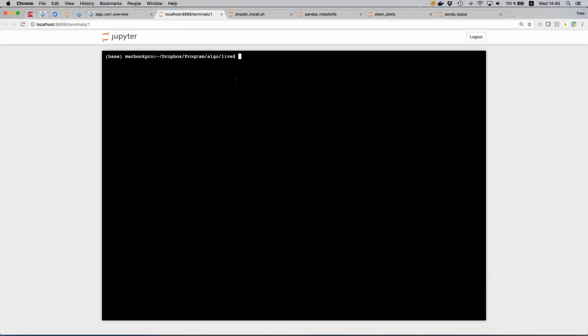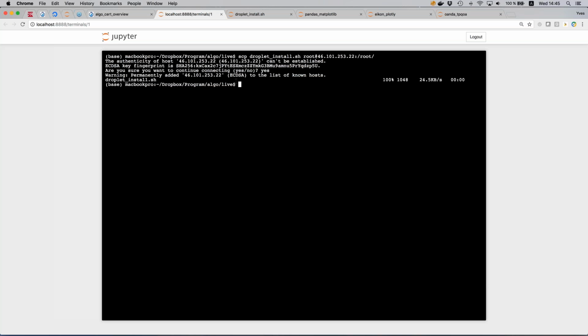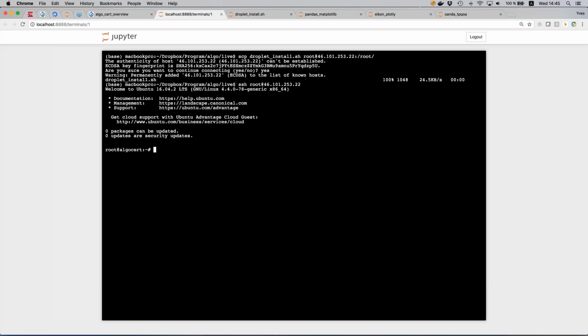And what I want to show you now is how to set it up. So I copy an install script now to the IP address. This should not take too long. It's already there. So now when I log in as root, I'm already in there. Let me have a look. Yeah, it's there. And now I will start a process which takes a couple of minutes, and I will shift to another example